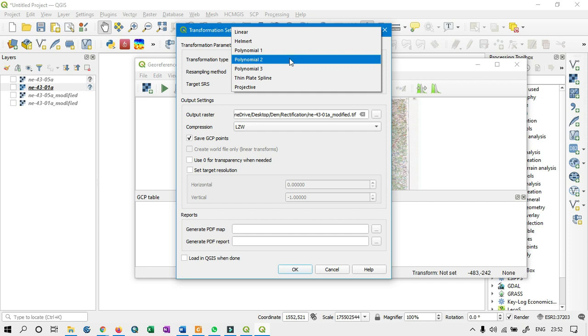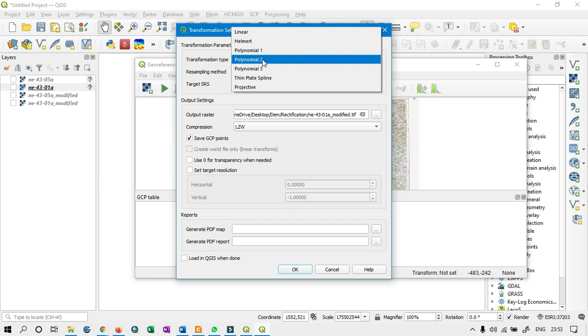For polynomial 2 you have to remember that you need at least 6 ground control points. That means you need to have 6 locations with known latitude and longitude. For polynomial 1 you need at least 4 known locations or ground control points with longitude and latitude.